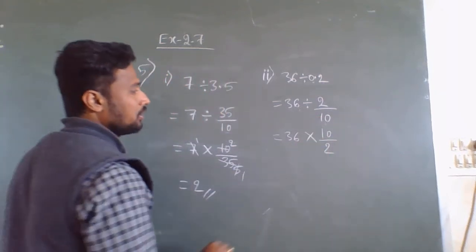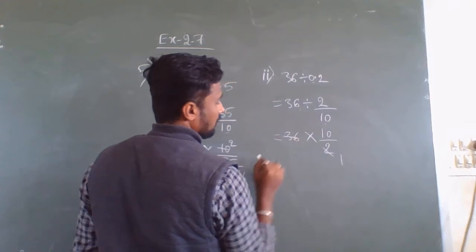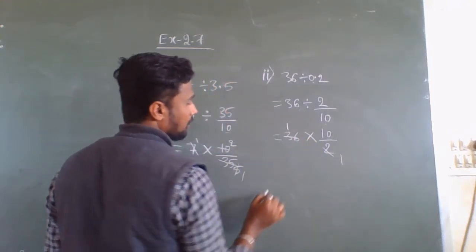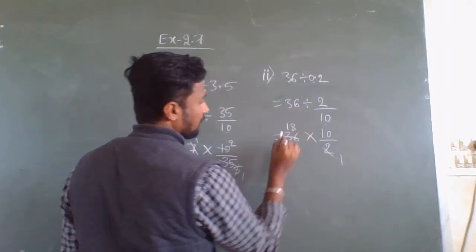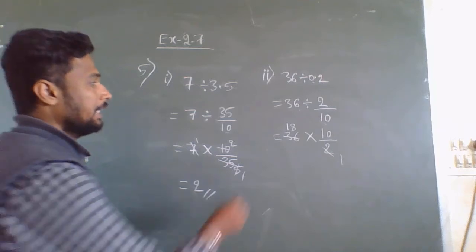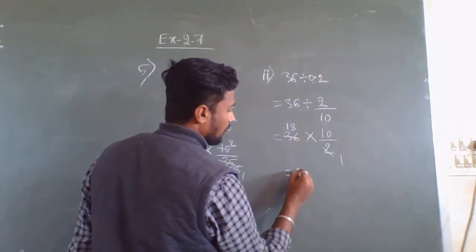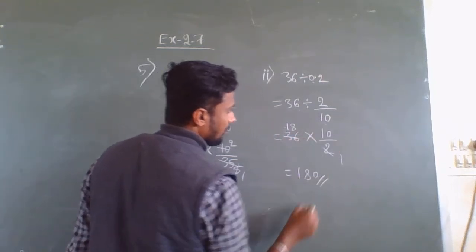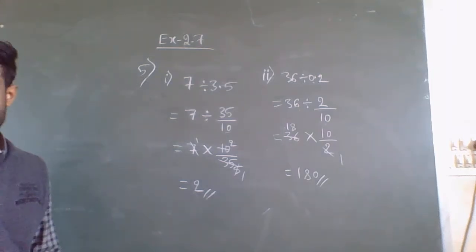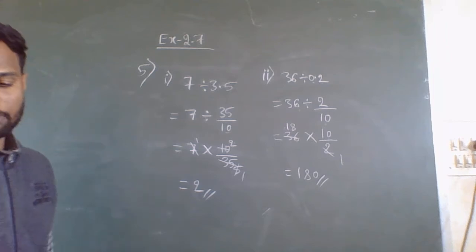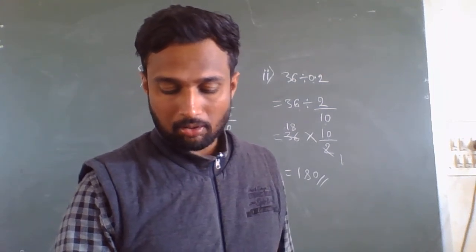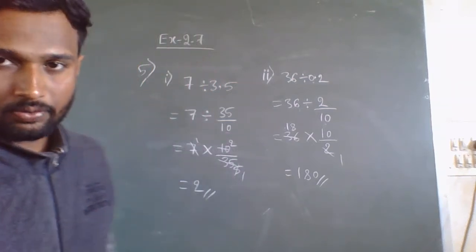Okay. So now we can divide the numbers. 2 ones are 36 means 2 ones are 2 and 1 is remaining. Here it becomes 16. So 2 eights are 16, 2 eighteens are 36. So 18 into 10 means what we will get? 180 is the final answer. Okay. So this is how to solve fifth main problems. Again they have given some more problems. Try to solve remaining problems of fifth main.